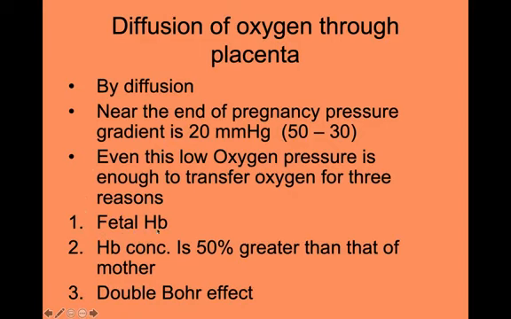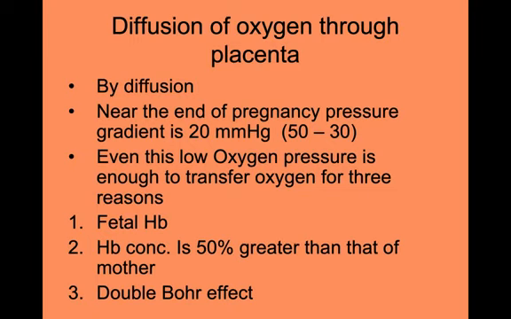As we have already discussed, the adult hemoglobin has 2 alpha and 2 beta chains, but the fetal hemoglobin has 2 alpha and 2 gamma chains, and the 2 gamma chains have more affinity for oxygen as compared to the adult hemoglobin. So in this way the hemoglobin oxygen dissociation curve shifts towards the left. Another is the hemoglobin concentration in the fetal circulation, which is 50 times greater than that of the mother. Obviously more hemoglobin is present, it will cause more transport of the oxygen.